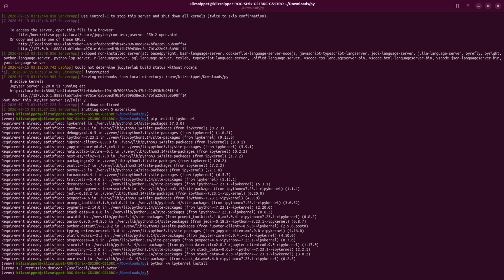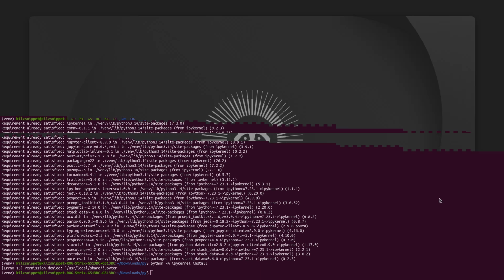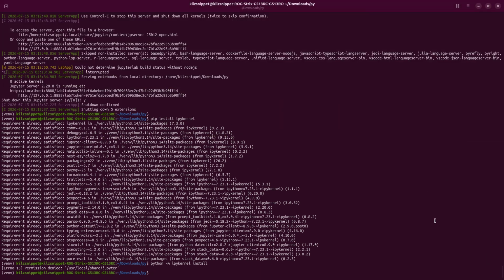Let me just clear this issue first. So the problem is that it is unable to install the kernel for user only. So we have to define everything, I guess. So python -m ipykernel install, give a space and --user